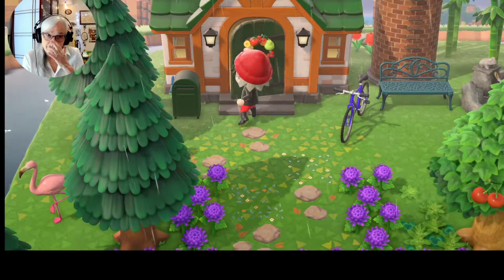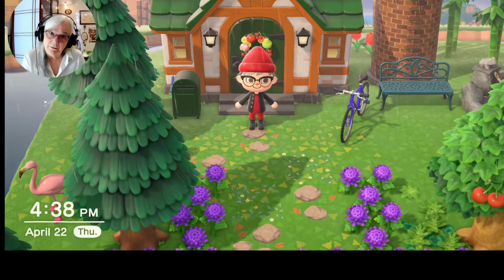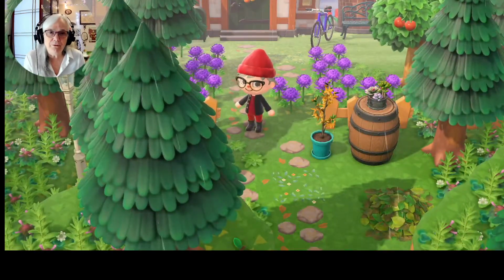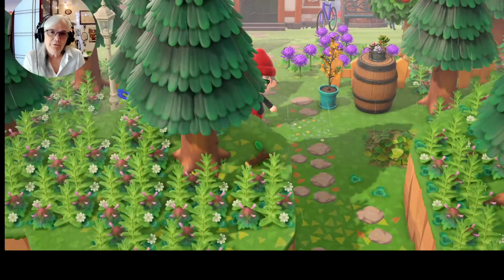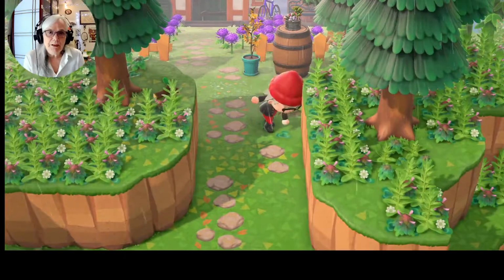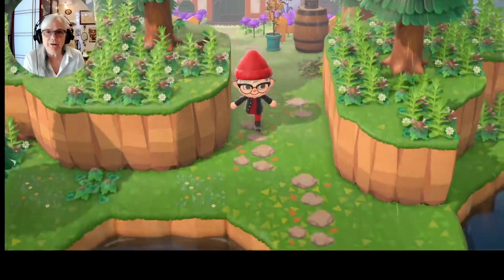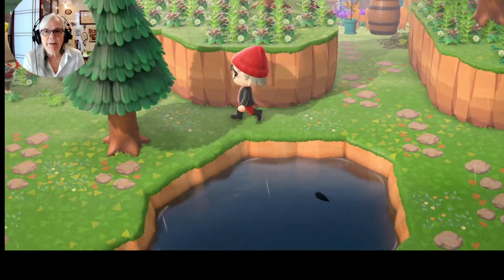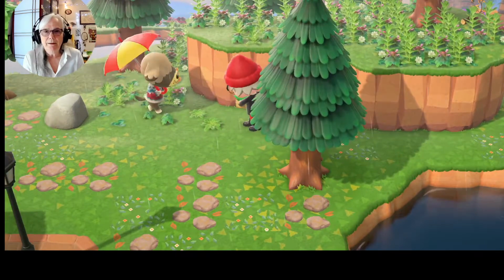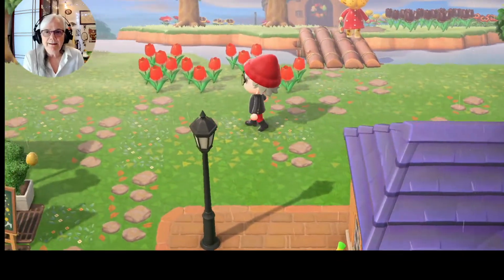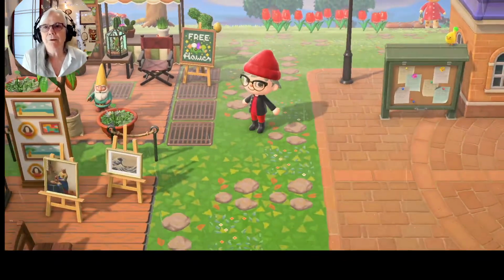So, you know, when you go to islands like that, it's very unlikely your island looks like that. Especially if you've just started playing Animal Crossing. I've been playing since, I think, since Christmas. My Animal Crossing was a gift from my youngest daughter, and my Switch. So it was January, February, March. It's almost 4 months. And I think I've done quite a bit on my island for 4 months.